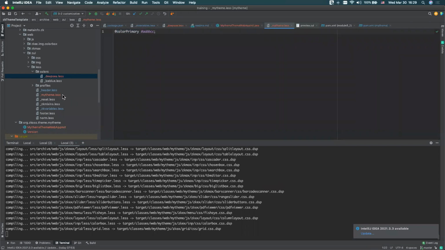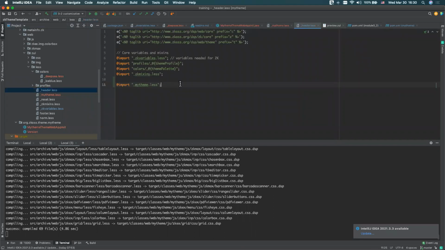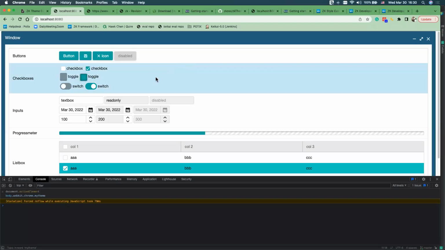And then this is the separate file, so you need to import it here, in headers. So import it in the last line. That's because the later variable can override the previous, so you need to put it in the last line. So when you override these, the